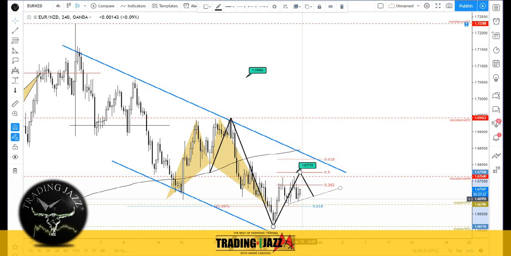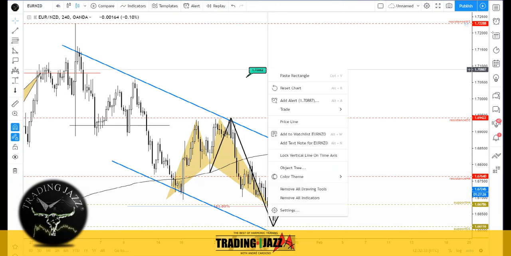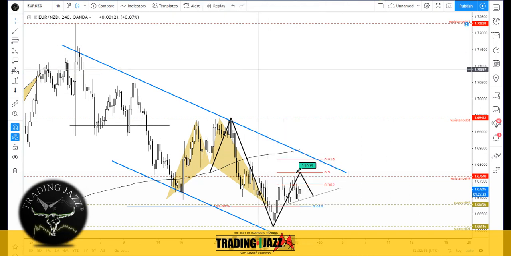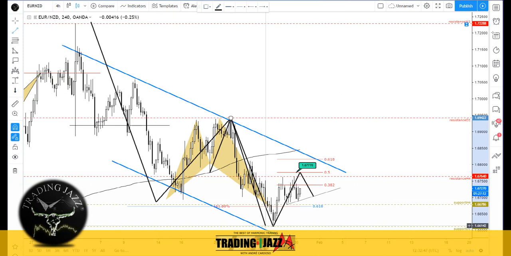We have now the price printing these bullish hidden divergence, suggesting more upside momentum. 200 moving average. This is a 4 hours time frame chart. We have the 200 moving average also pointing down, pointing up, I'm sorry, and again breaking. This is a nice correction from the tops. We have at least a minimum of three waves structure, corrective structure,